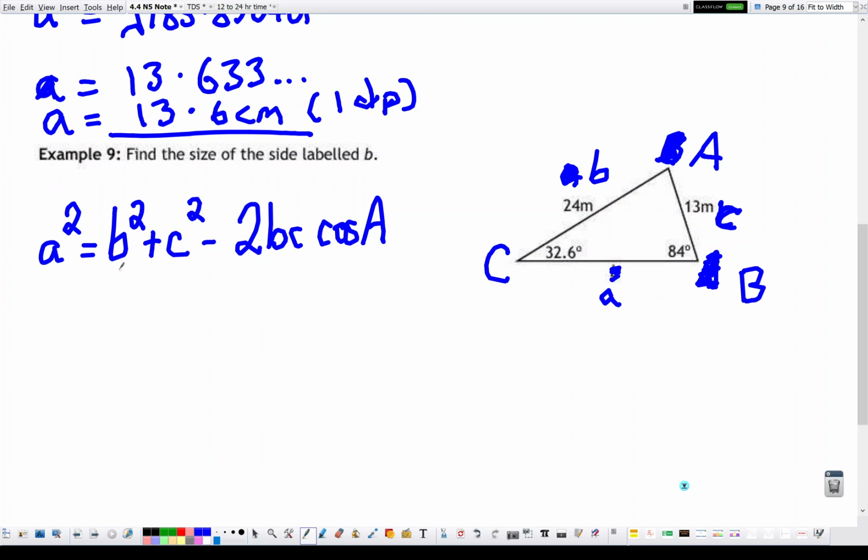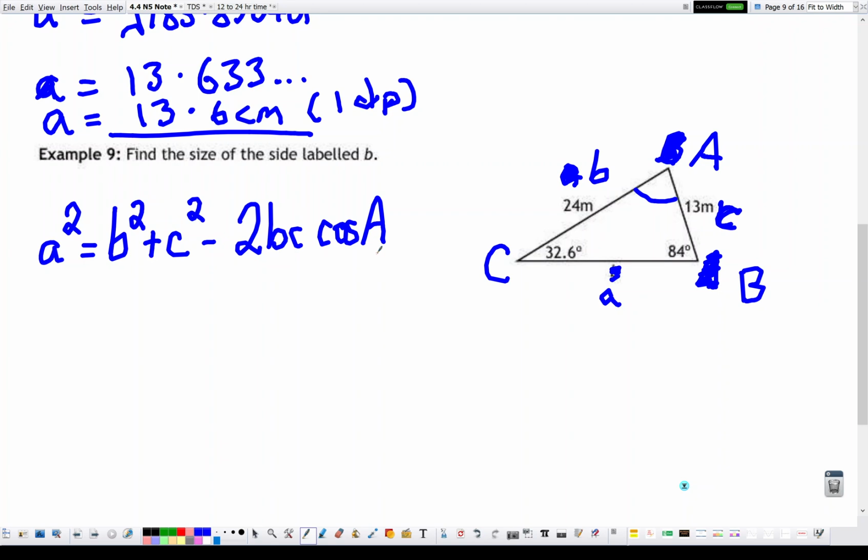So we have side B, we have side C, but what we do need in our formula is the corresponding angle to A. Remember, we had to do this a couple of times in the sine rule questions, that sometimes you actually have to work out what that third angle is. And you're going to have to do that here. So we're going to have to work out what this third angle is first,